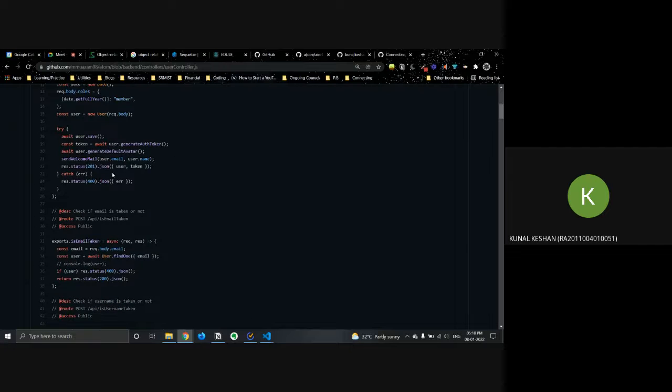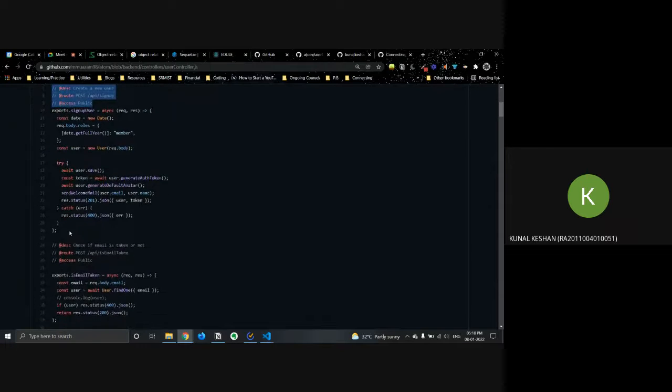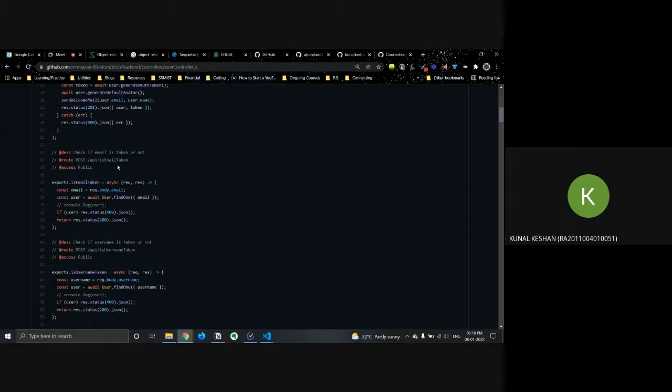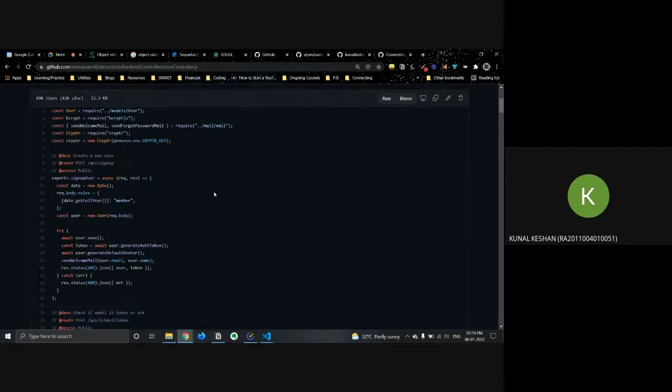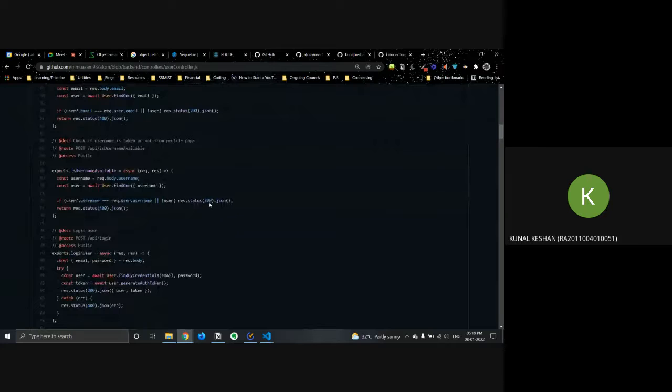Another reason why you want to add such comments is that you can understand the way you write code, but not everyone has the same understanding, right? So comments help others also understand what you're writing. If you're working on an open source project, adding comments is really important so that others have an idea of what you are doing as well, right? So this is what I wanted to point out about commenting.